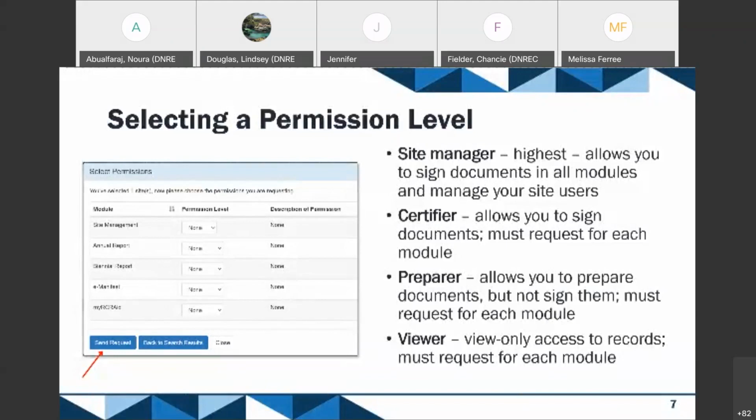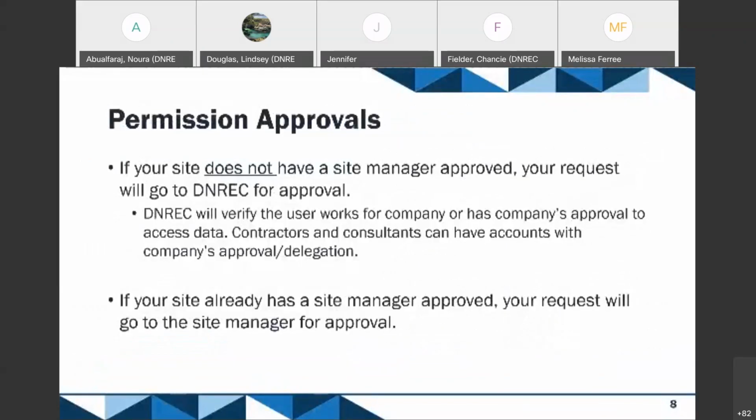Just a note about permission approvals. If your site does not have a site manager approved yet, your request will come to DNREC for approval. One of the very first things I do is verify that the user requesting permission has the authority to access that data. So I look at email addresses and verify that the user's email address matches the company for which